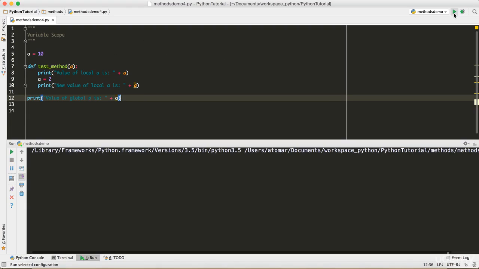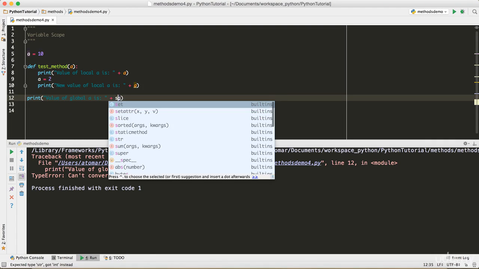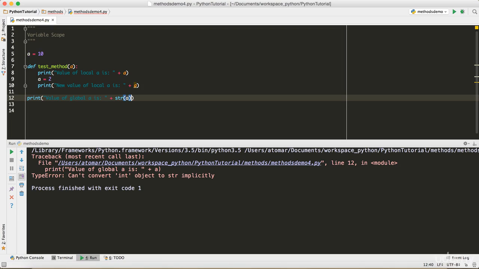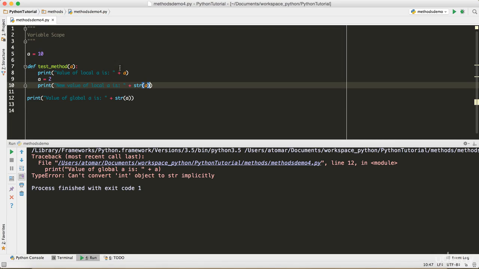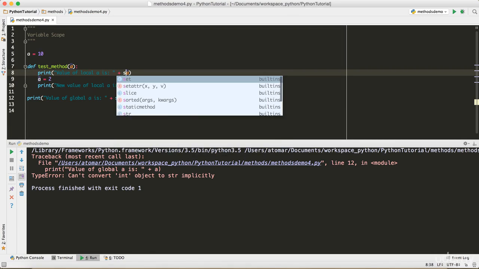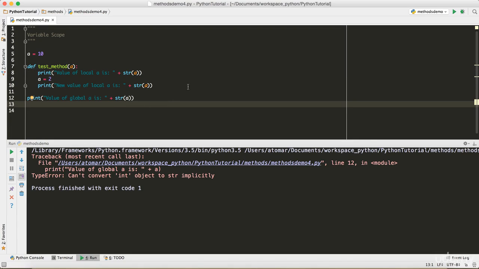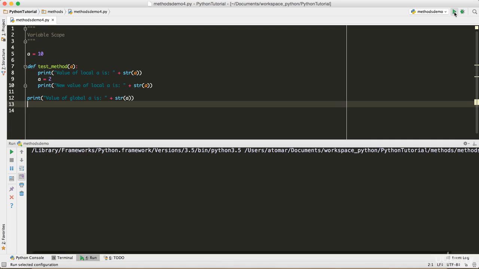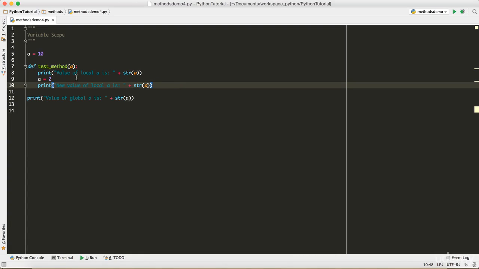So let me just run this code. We get an error here, it can't convert this, so I have to typecast it to a string with str. Same with these, let's convert them to strings, otherwise we're going to have issues. The print statement, as we have talked about, only shows a string representation. So right now it shows value of global a is 10, which is this print statement, and both of these other print statements didn't even execute